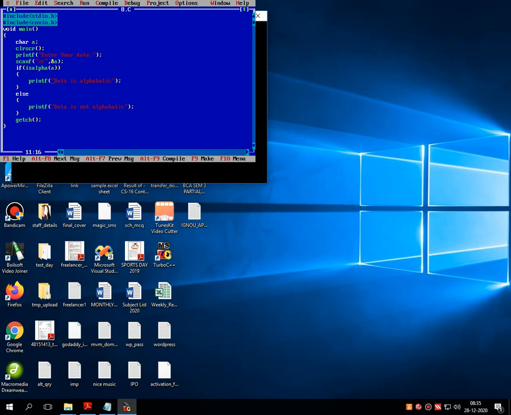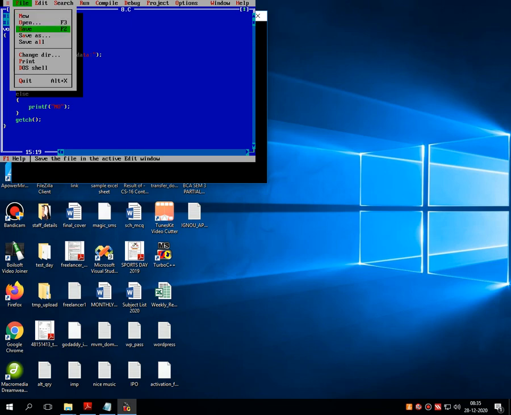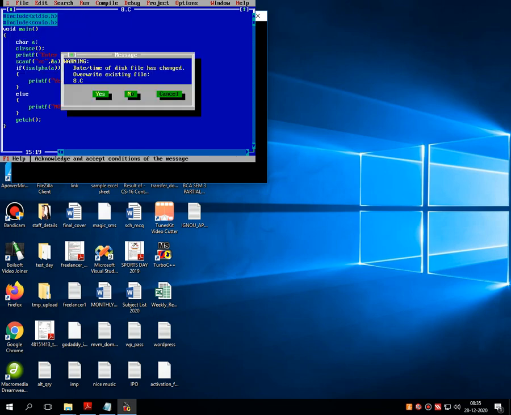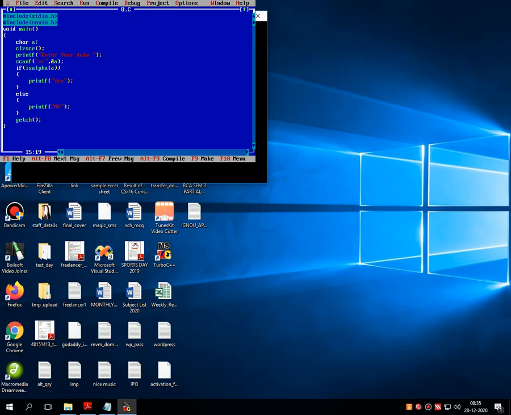Or simply, if you don't want to write such a long message, then simply give yes, and here simply give no, as it is a conditional part: if the condition returns true it gives the output as yes, and if it returns false then it gives the output as no.